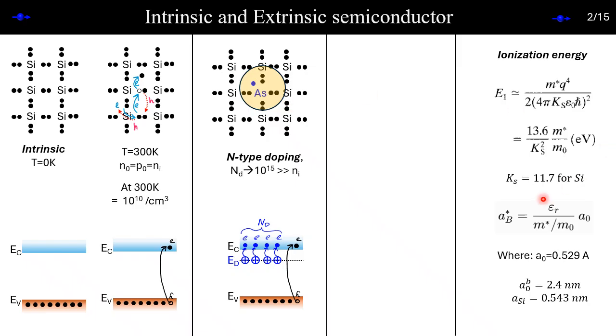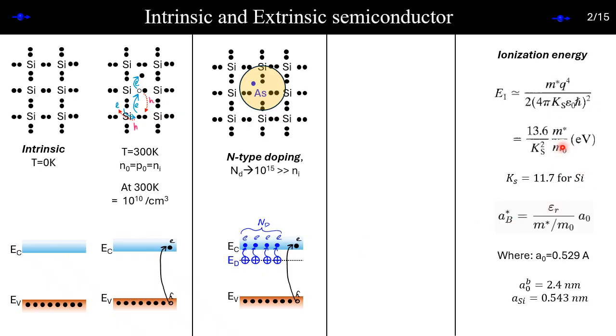Okay, but right now we have just figured out the ionization energy is very less, of the order of 20-30 milli electron volt, where the band gap is 1.1. That means the dopant energy level should be very close to conduction band. Do you agree? If it is very close to conduction band, then that means with little bit of energy, it can jump from here to there. That little bit energy is like 30, 40, 50 milli electron volt.